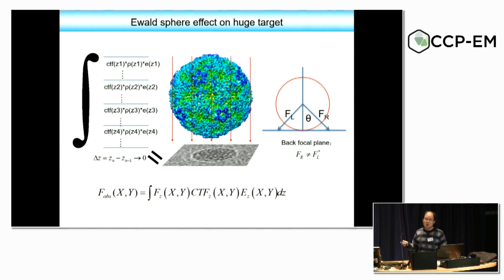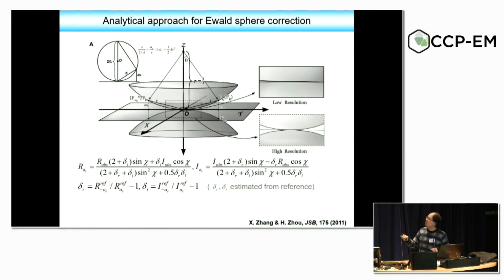And if you consider multiple scattering, things become more complicated, and also the interference between the transmission beams and scattering beams, and there are more problems. And the coefficients in the back focal plane are not symmetric. And Hongzhou proposed such an analytical approach for the Ewald sphere correction,